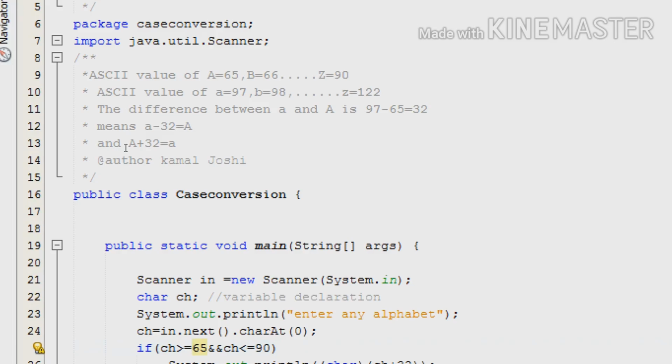The value of small a is 97, small b is 98, and so on. Small z is 122.